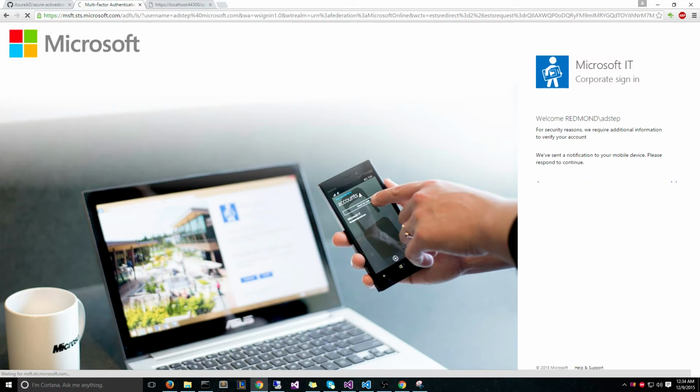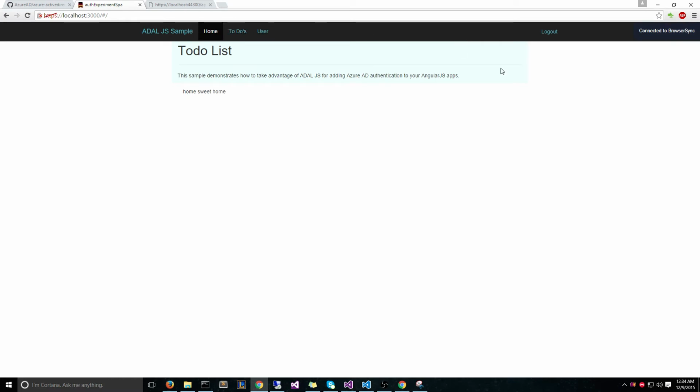And I got to do the two-factor auth. So I'm on my phone right now. There we go. Should be happy now. So essentially, once it completed the authentication on